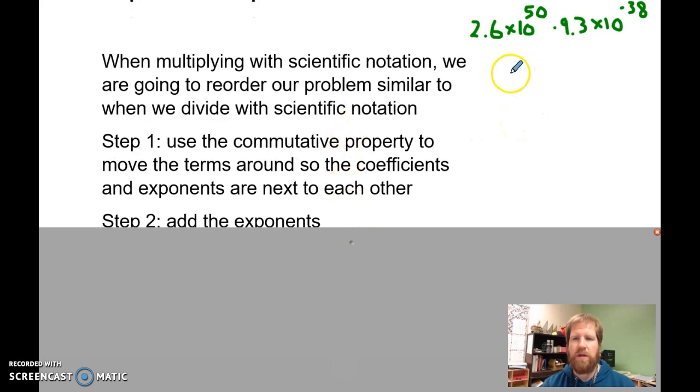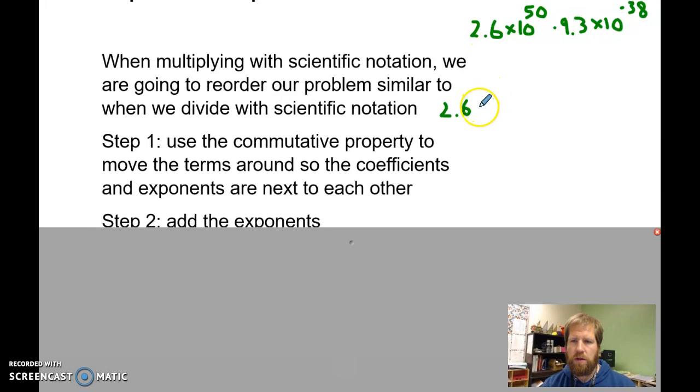In division, we broke our problem into two separate pieces and did two separate problems. With multiplication, we're not going to go quite that far, but we are going to reorder our problem. We're going to use the commutative property, which tells us that because we're multiplying all of these four numbers together, we can move them around as much as we want. So I'm going to rewrite this as